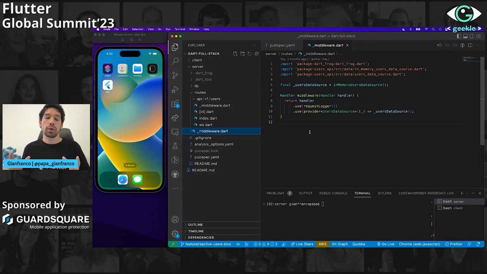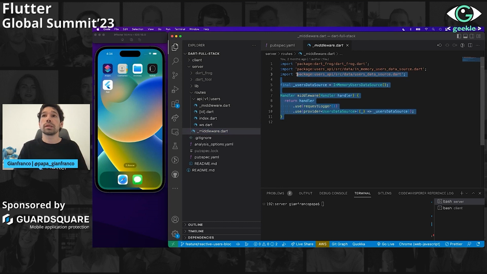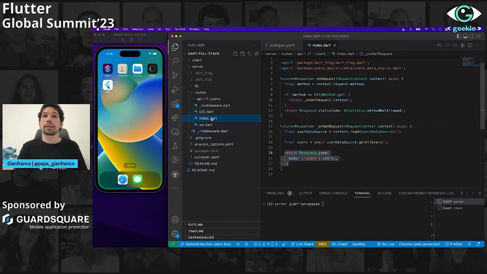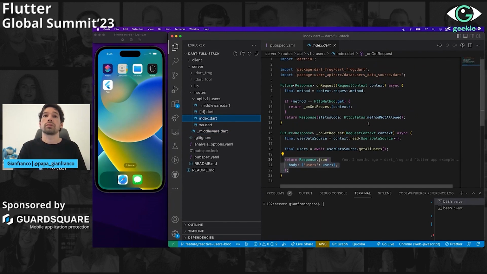That means that we are only handling the users in memory, but it could really be information that is, for example, retrieved from a database. And the thing is that we have to inject all of this using a middleware in our request. So by only putting this, we are solving the whole thing about injecting the dependencies, and we will be having access to it in our methods, right?